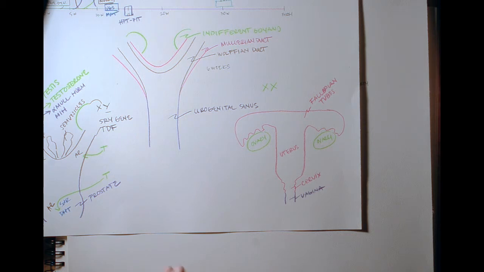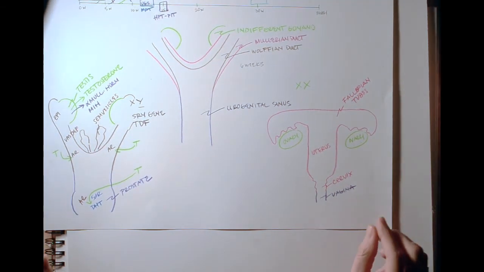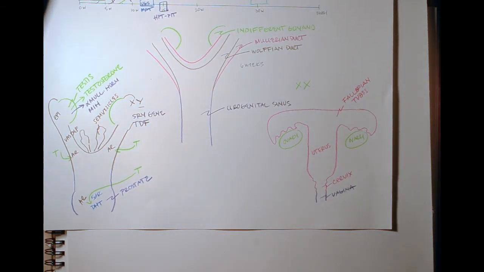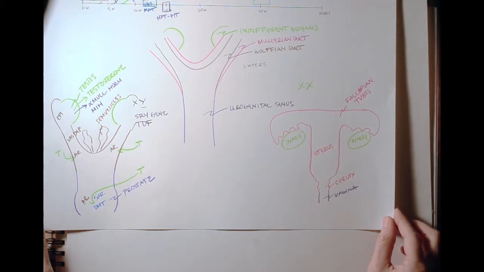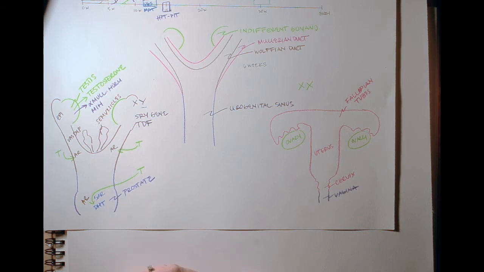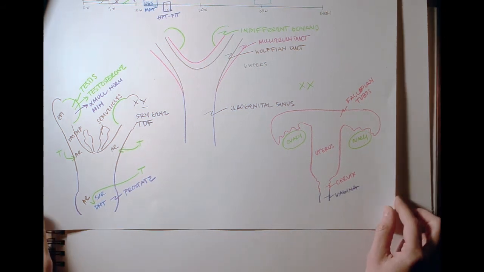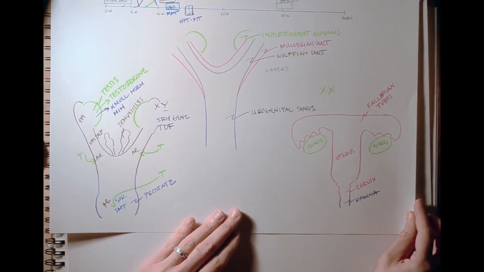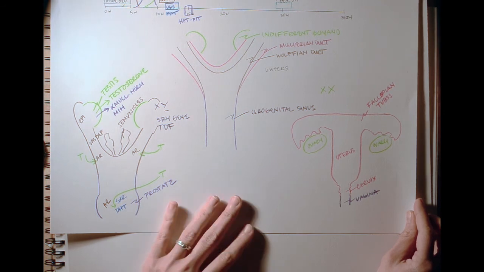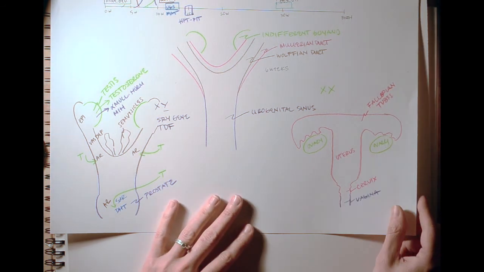What you would expect to see in that genetic male is still differentiation of the indifferent gonads into testes. However, the rest of the tissue would appear to be female. Okay, so that's the basic process for both male and female in terms of sexual differentiation that happens prior to